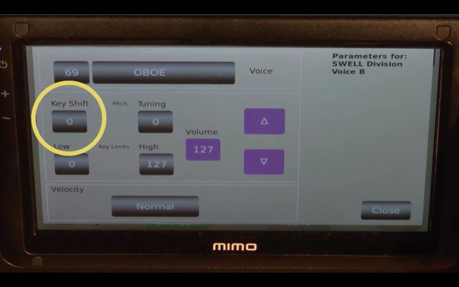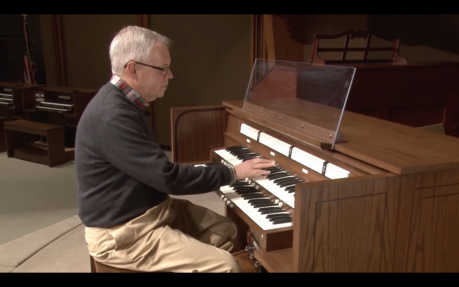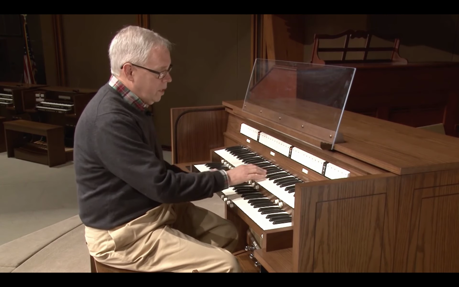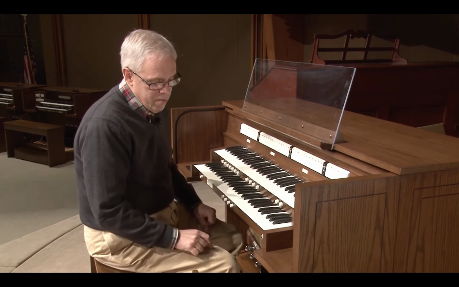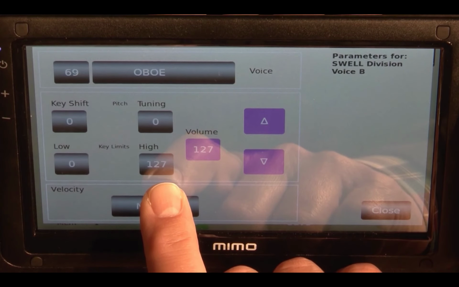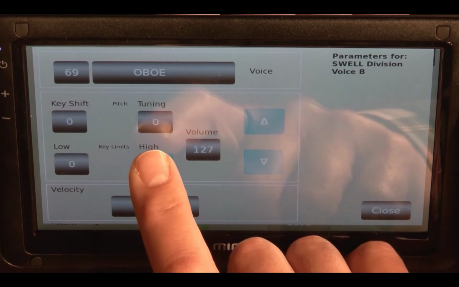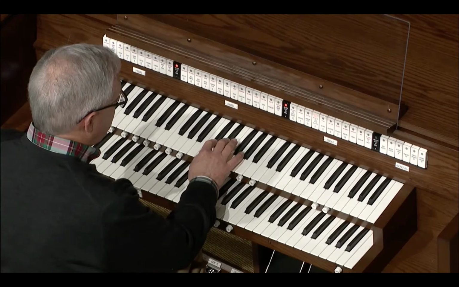So let me explain to you how we're going to do that. The melody line for this composition only goes up to the D flat. So instead of using the entire keyboard for the oboe, I'm going to limit the oboe to the top note being D flat. And now when I play the rest of the keyboard,